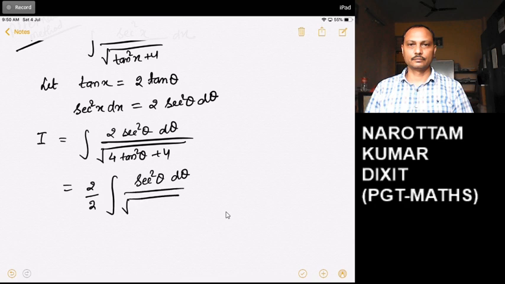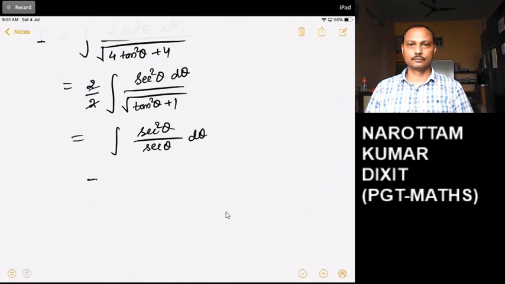So within square root we get tan square theta plus 1. So it is integration of sec square theta divided by under root sec square theta, that is sec theta. So when it cancel out, we get integration of sec theta,